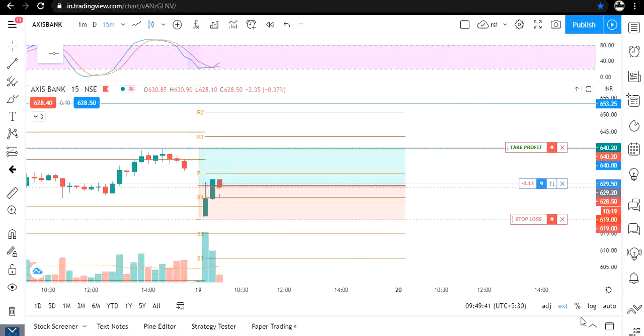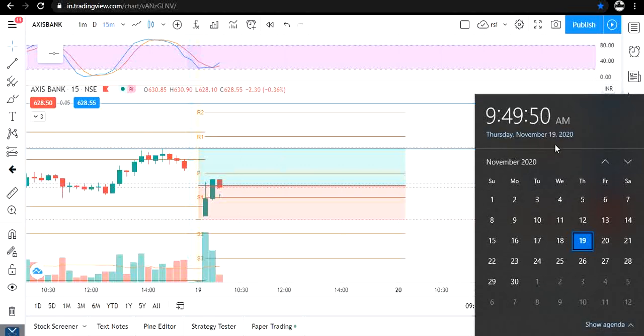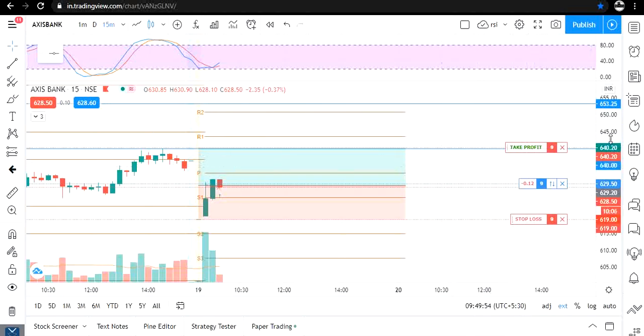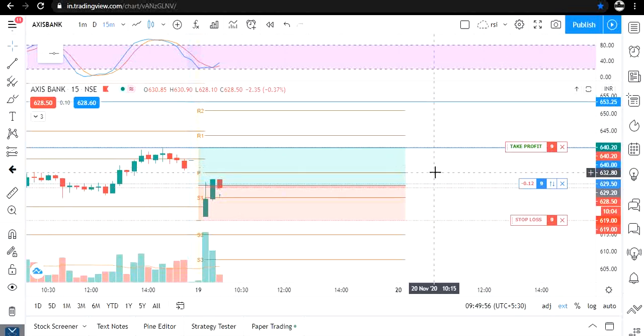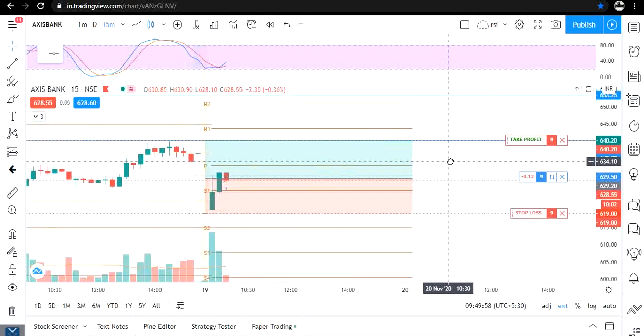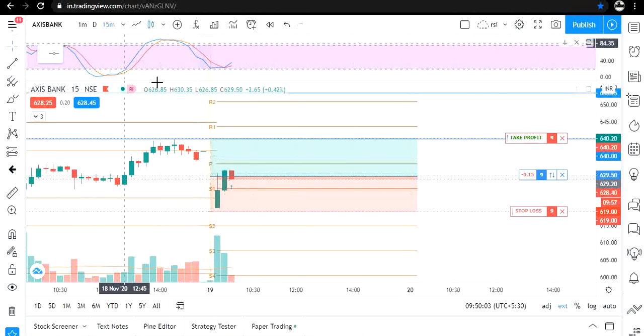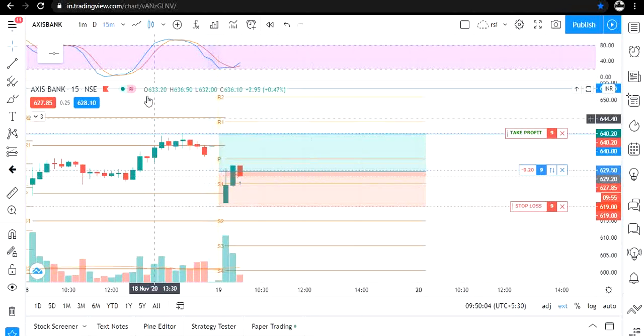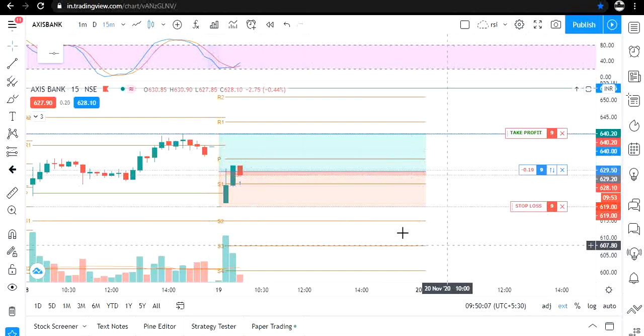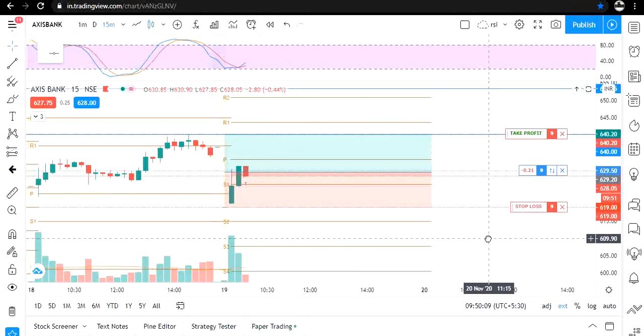Now let me show you today's date and time. So today is 19th of November 2020 and currently the time is 9:49 AM. Now coming on to our today's trade, here you can see, traders, that we have taken a trade in Axis Bank with a 15-minute chart. We are showing a candlestick of 15 minutes, and let me explain you the